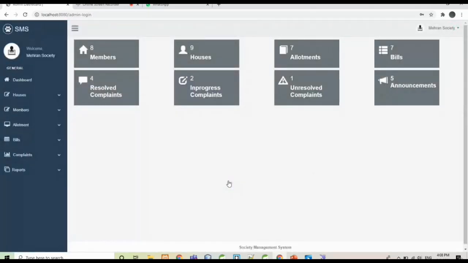Once admin provides the correct username and password, he can see the dashboard of the system where various things are being shown, like members, houses, allotments, and so on.